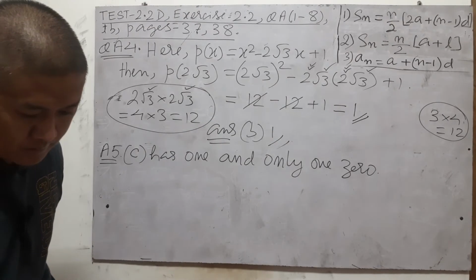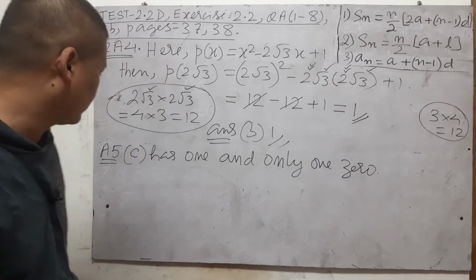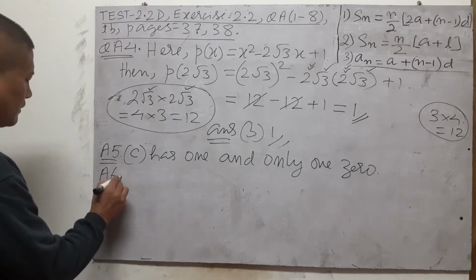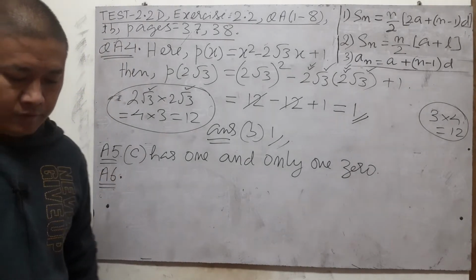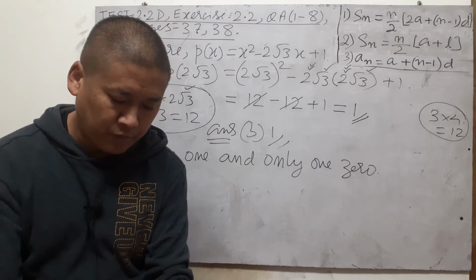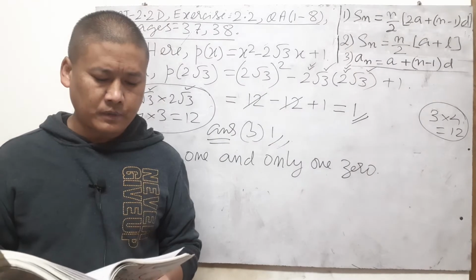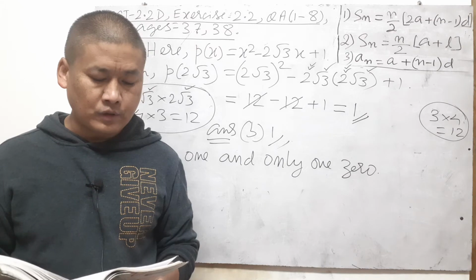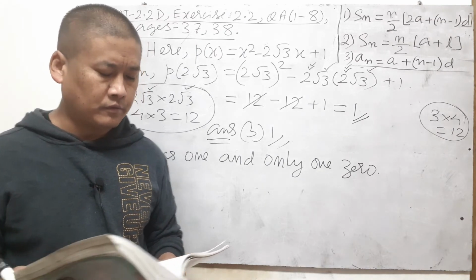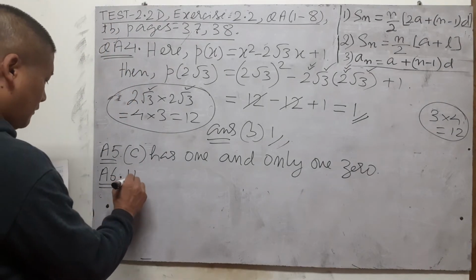So question number 6. Let me read it for us. Value of p of x equal to x squared minus 7x plus 12 at the value of x equal to 3. So here we are given